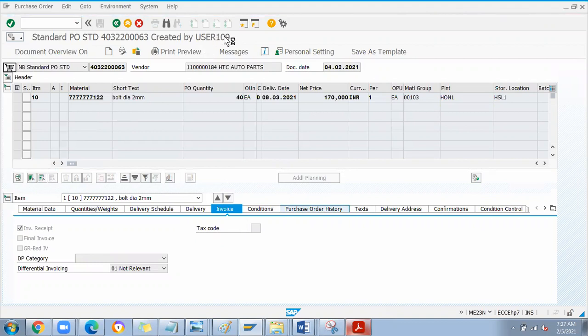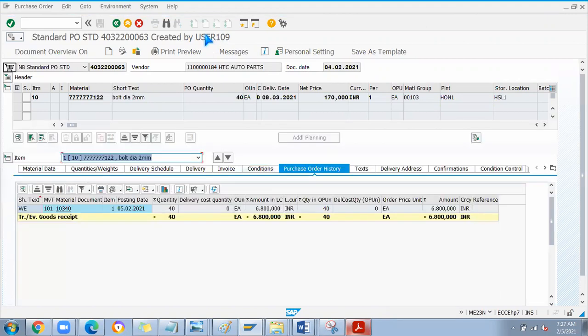This is converted by the user only. Arun used ME59N to convert the PR to PO, so it will show his ID only.